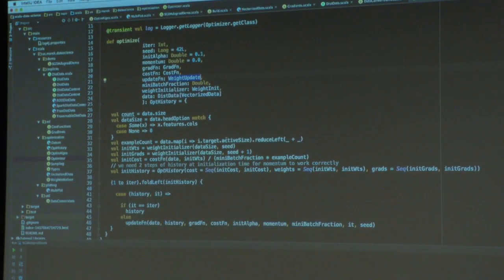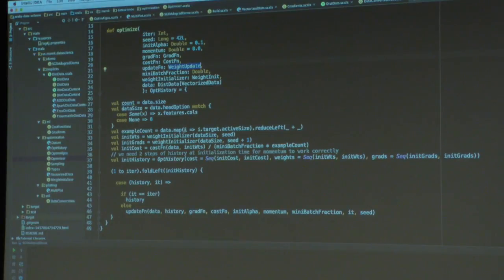And all we do here essentially is execute the cost function, which we already defined for linear regression, at least mathematically, and then we get the optimization history value, and then we call the update function a bunch of times, and we don't even have to write a for loop because we could just do a fold.